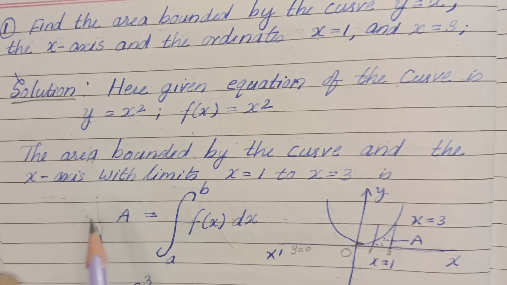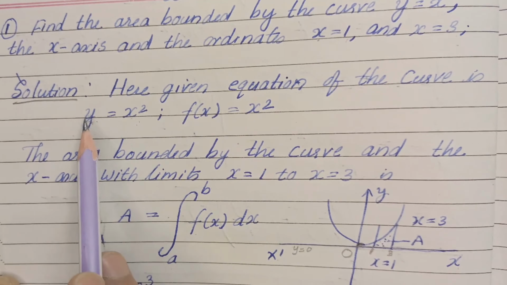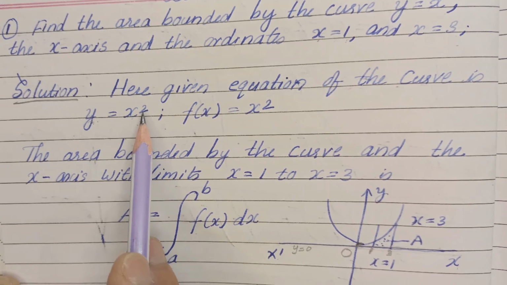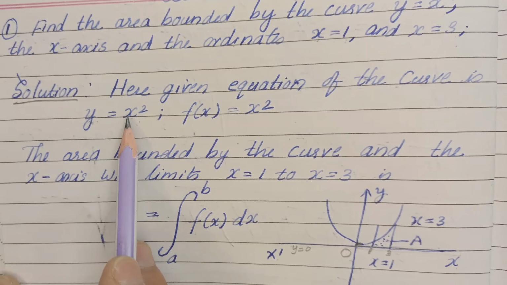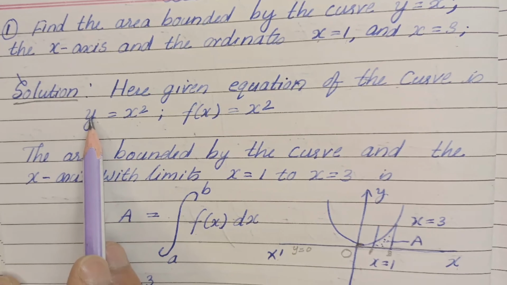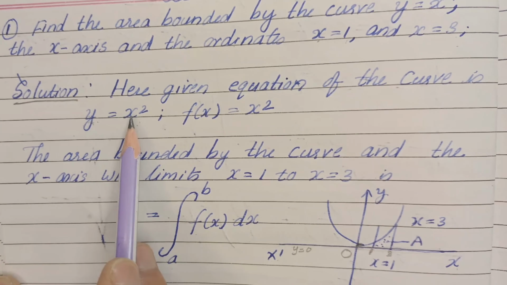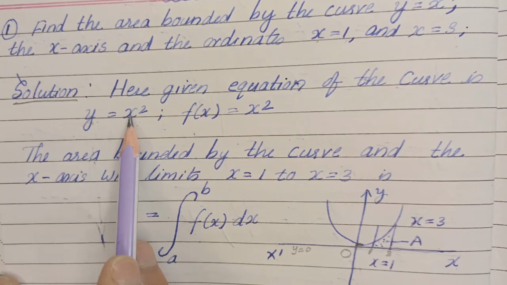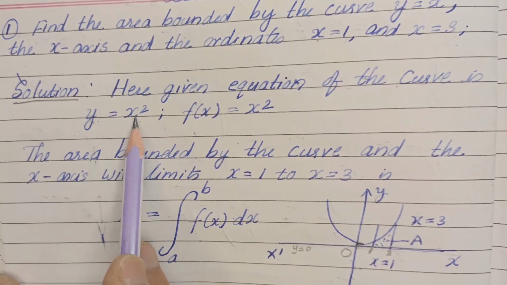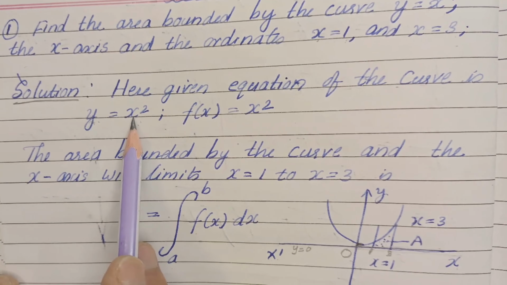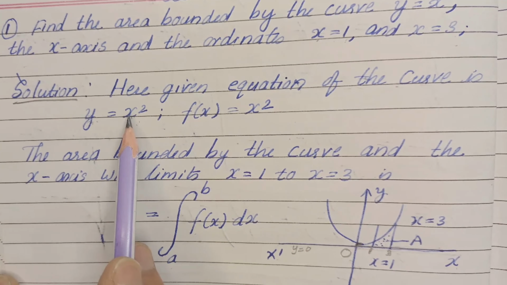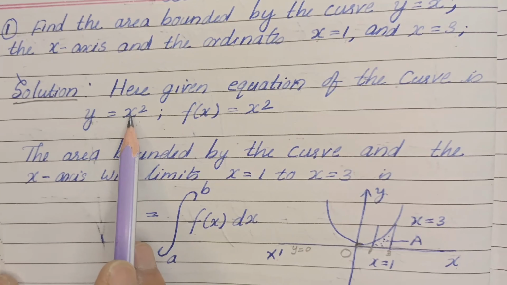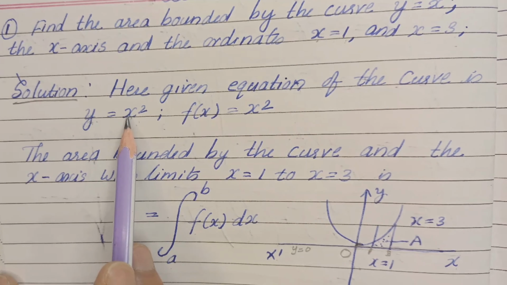So now let's see why the graph became like this. Because if you put x is equal to 1, then what happens to y, which is x square? y becomes also 1. That's nice. But if you put x as negative 1, can y be negative? No chance. It will be positive. If you put minus 2, it will become plus 4. If you put minus 3, it becomes plus 9. So that's why y will always be positive. That's what we got.